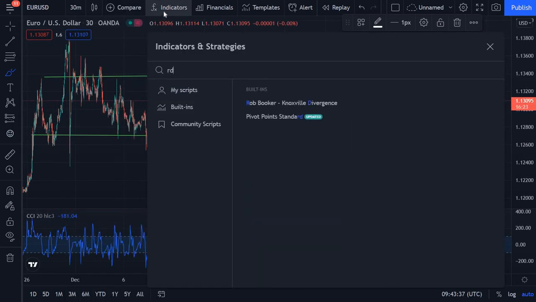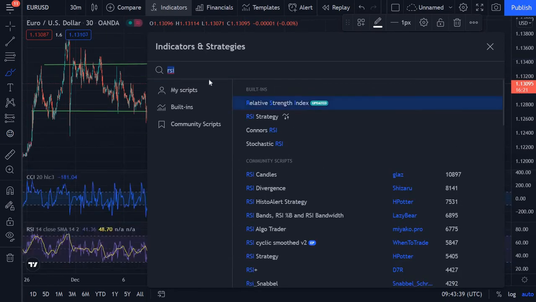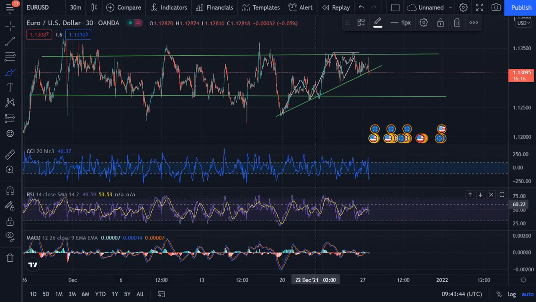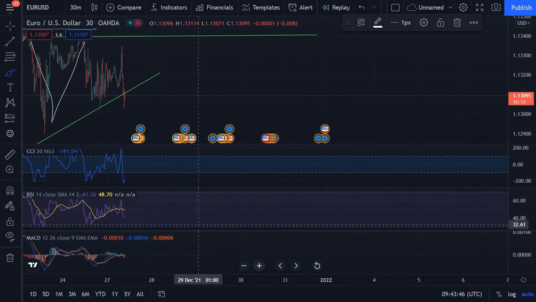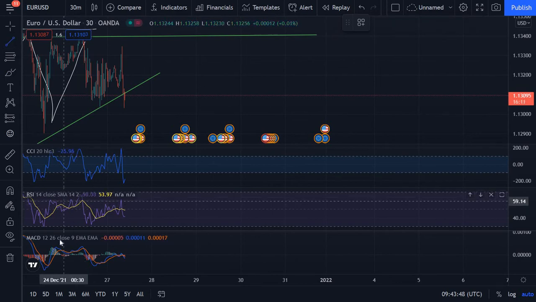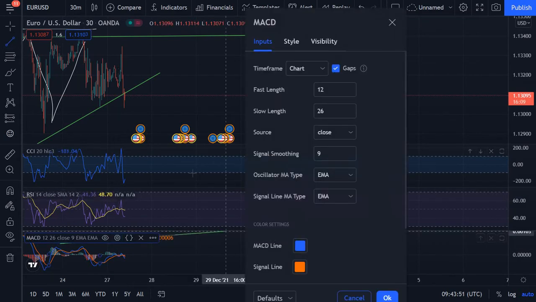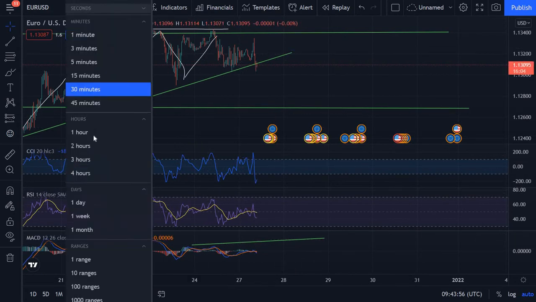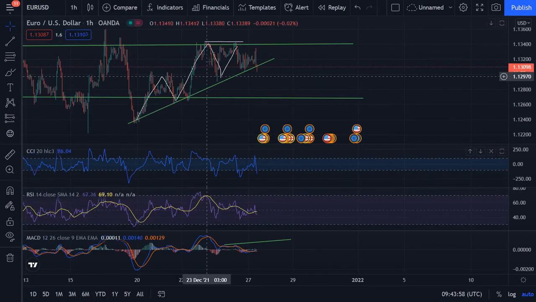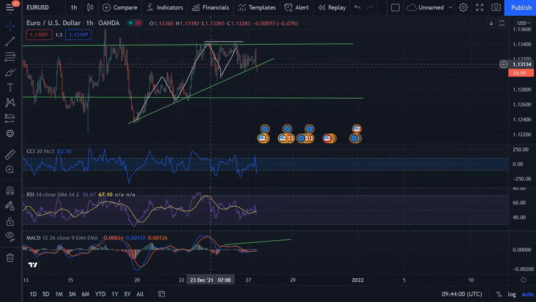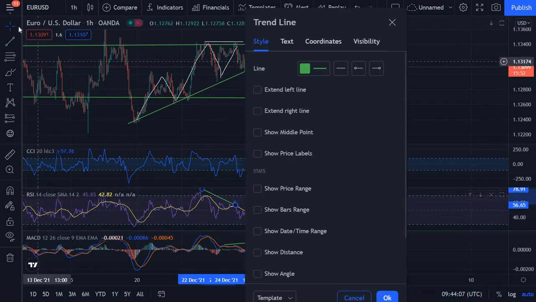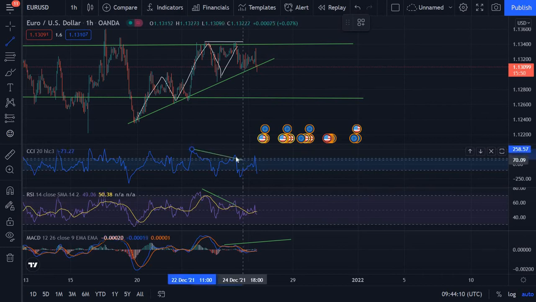If we add maybe the RSI as well, so here not much going on here on the 1-hour chart maybe. So on the 1-hour chart, here is the double top, and here the divergence on the CCI, the RSI, as